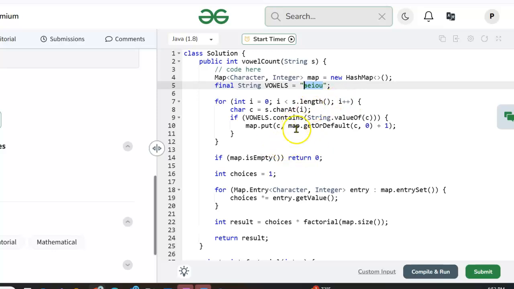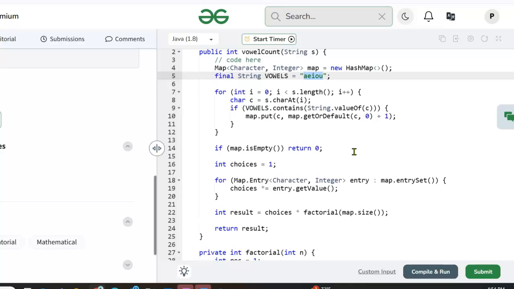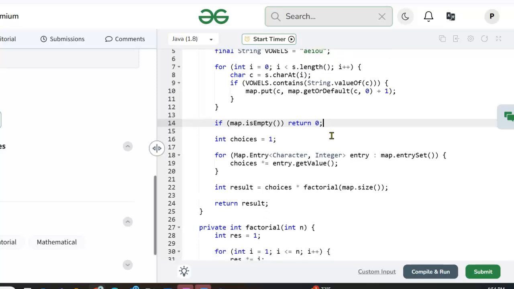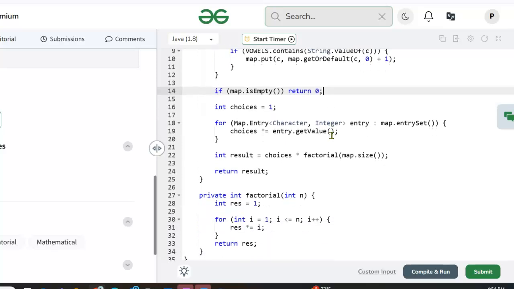If that character is a vowel, we're going to put it in the map with a count of 1 if it's not already in the map. If it is in the map, we'll increment the count. Once we've gone through the entire string, we'll look at the map. Is it empty? If it is empty, we return 0. It's an edge case. Otherwise,